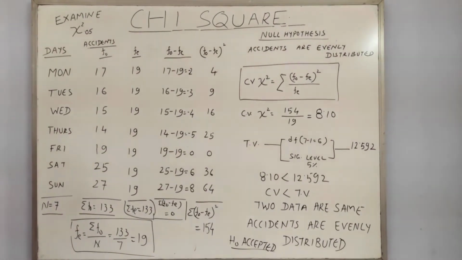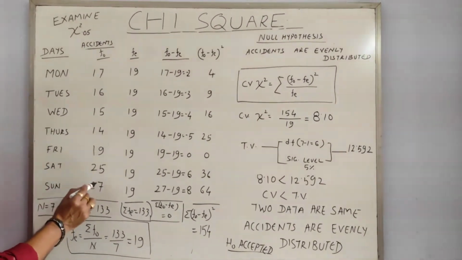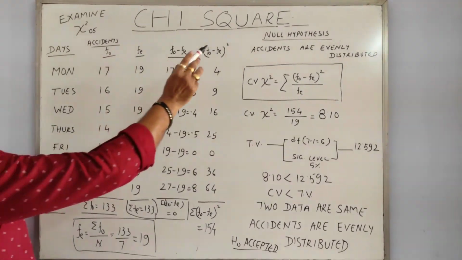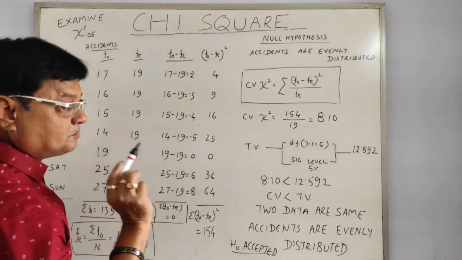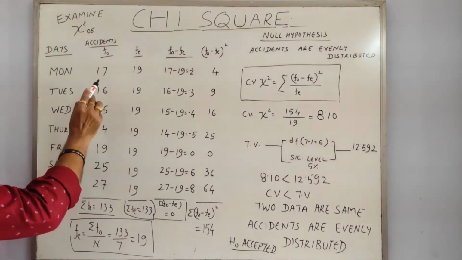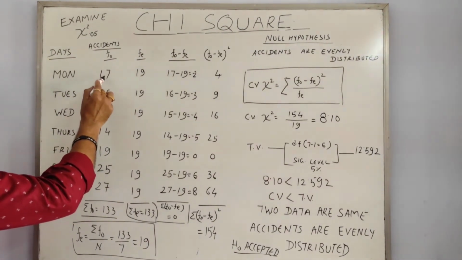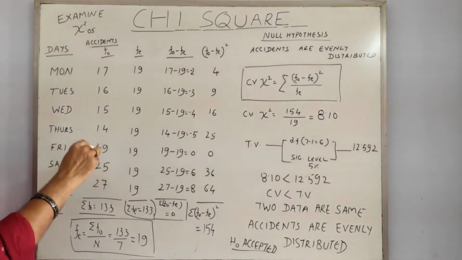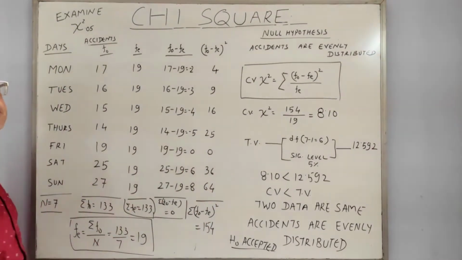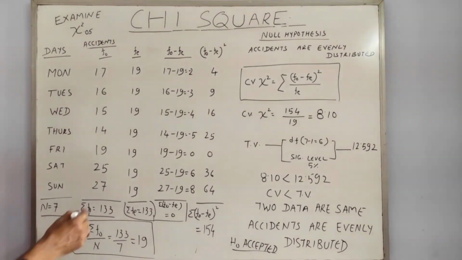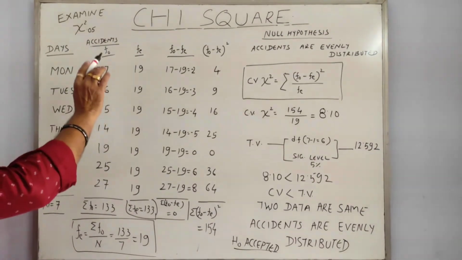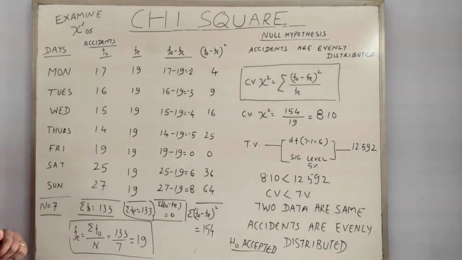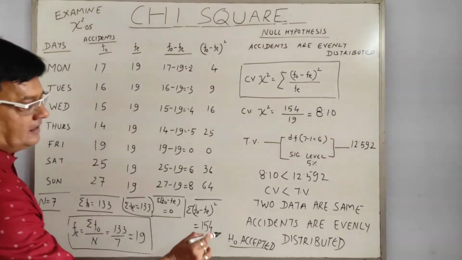Now in this question, I have taken Saturday and Sunday where the cases are more. Still the answer is coming as accidents are evenly distributed. If deviations would have been larger, for example instead of 17 it would have been 24, then 14, something 25, again 10 or 8, then the answer would have come that accidents are not evenly distributed. So that means few exceptions might be there, but otherwise it is accepted. It can be called a limitation of chi-square also, but that will be a debatable point. So in this question, that will be the solution.